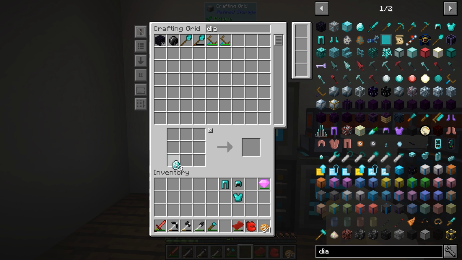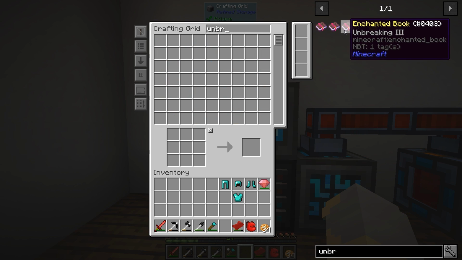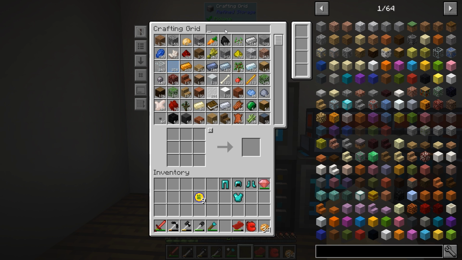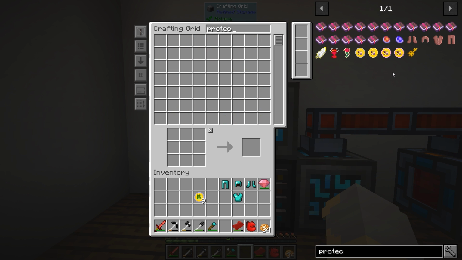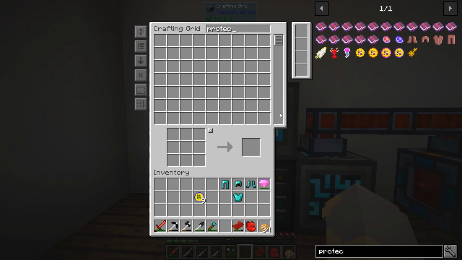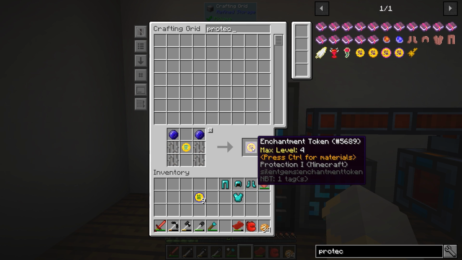Let's go like so. And like so. There we go. And then as far as tokens go, we do have Unbreaking. We'll want Unbreaking 3 on all of this. I can only put Unbreaking on 3 things. Okay. I don't need Feather Falling because I have Creative Flight. I definitely want Protection. So there's regular Protection, which requires Iolite. Okay. Let's go